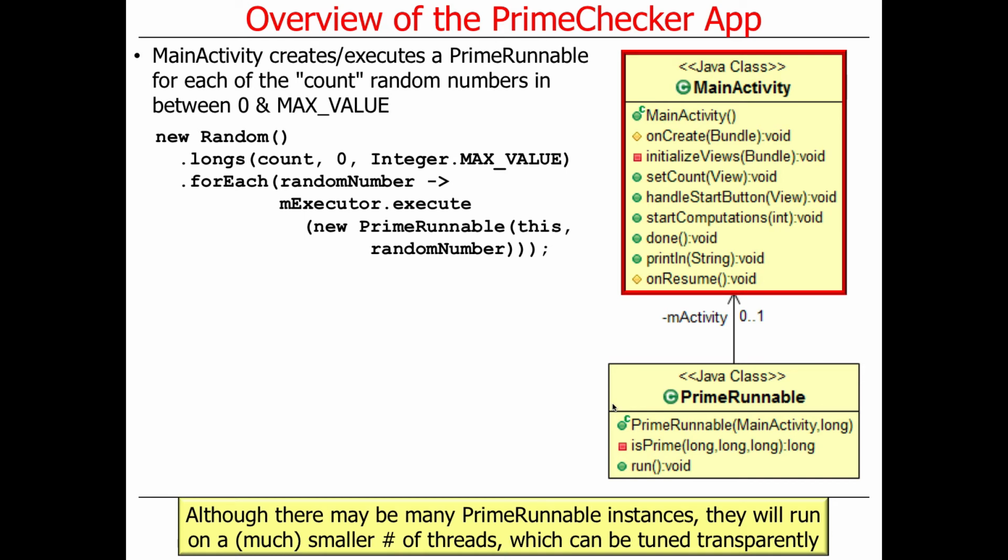The main activity for this program works as follows. It creates a new random number generator, and the random number generator has a method called longs, which is a generator, so it actually generates a Java 8 stream of this many random numbers, count of them, between 0 and max value. So it's going to generate random numbers between 0 and the max integer. And then, for each of the random numbers that are generated, we're going to go ahead and say